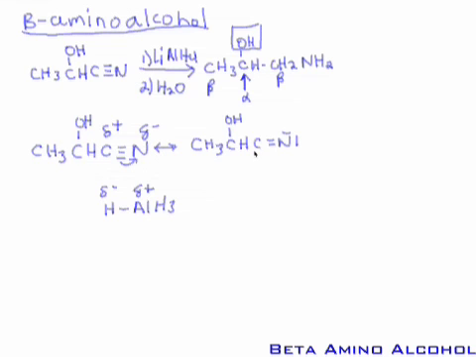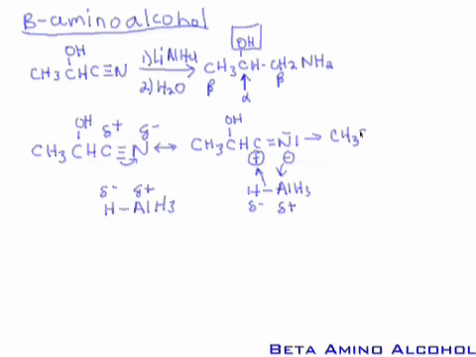Okay, and so we now have a full plus on the carbon and a minus on the nitrogen. And so if I again draw my aluminum hydride, delta minus, delta plus, it's not hard to see that the hydrogen would go here and the negative charge would attach to aluminum, and you would get